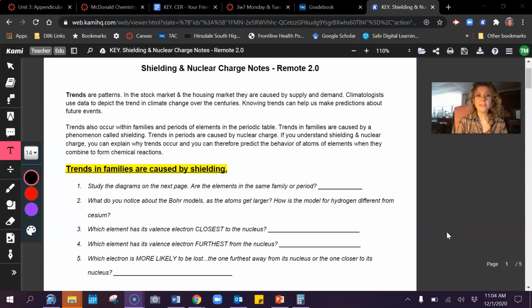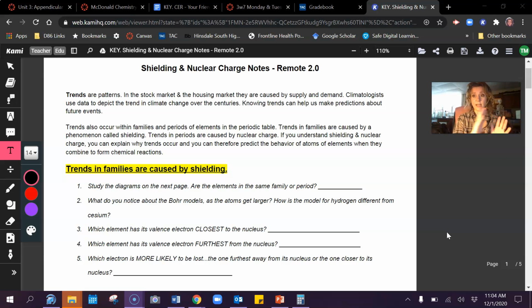Hello, chemistry students. Today we're going to talk about shielding and nuclear charge. Now you're probably like, well, what do those words even mean? Well, right now we are studying the periodic table, and as you know, the periodic table is made up of